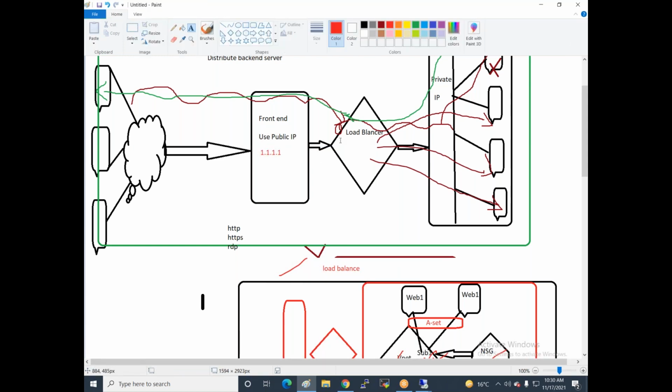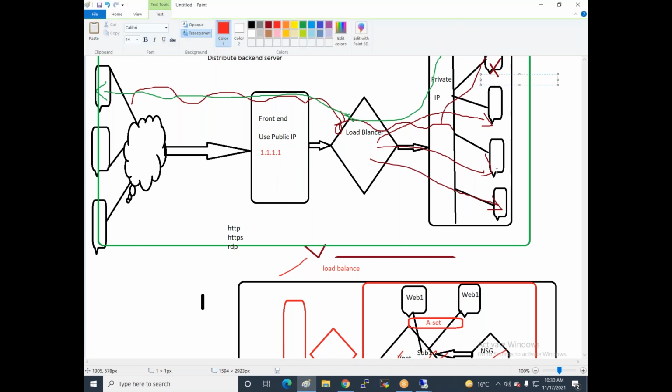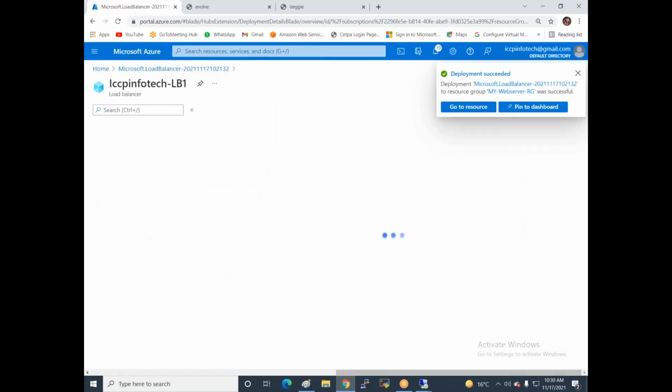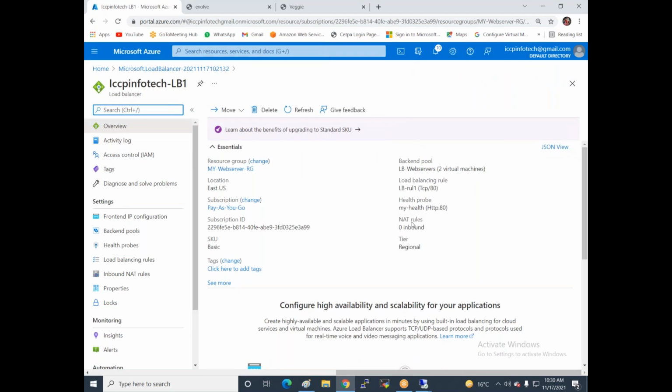So you can see the load balancer automatically allocates the same IP to all these servers. That means this IP is found on this system, this system, all servers. When this load balancer is created, go to the load balancer and you can see the load balancer IP.